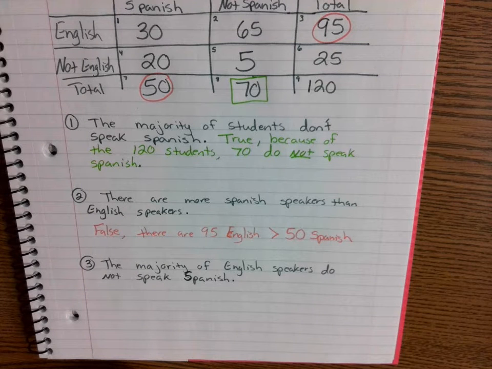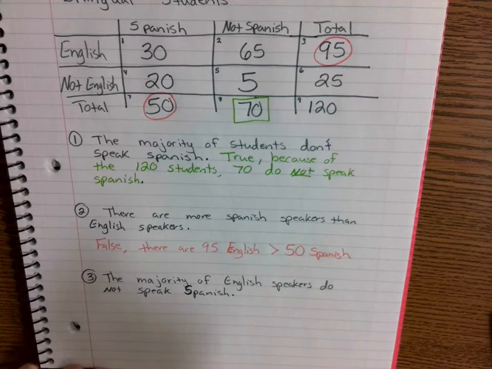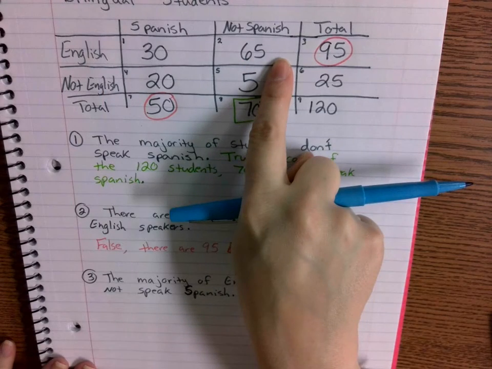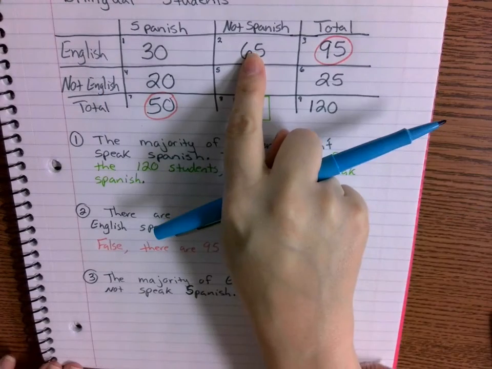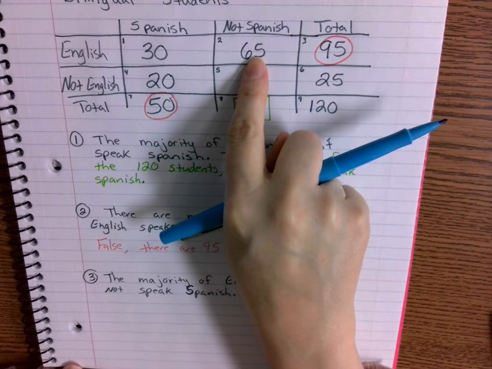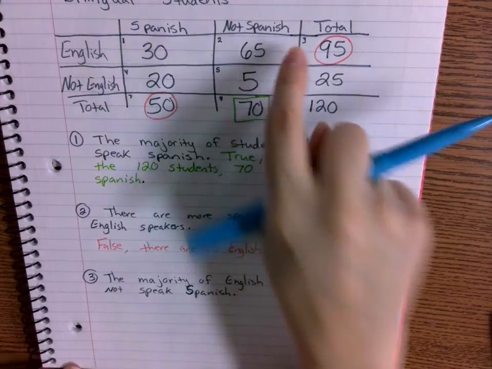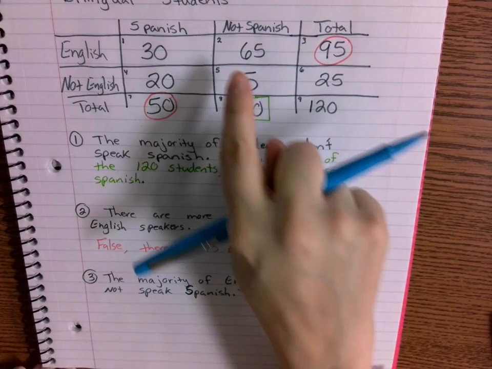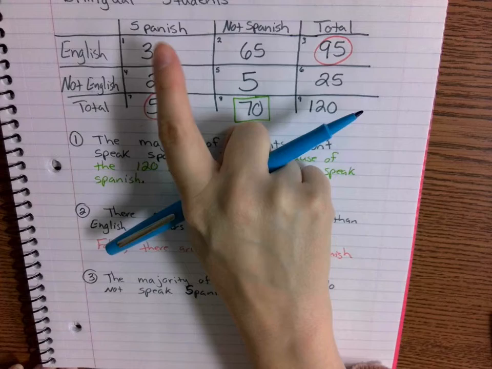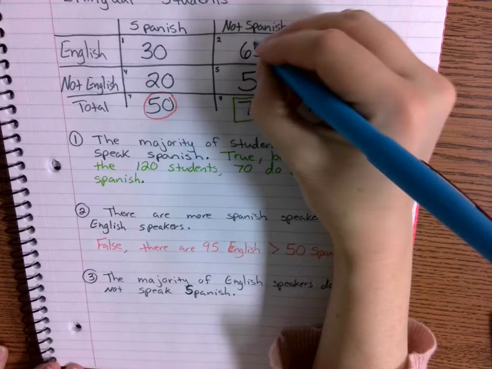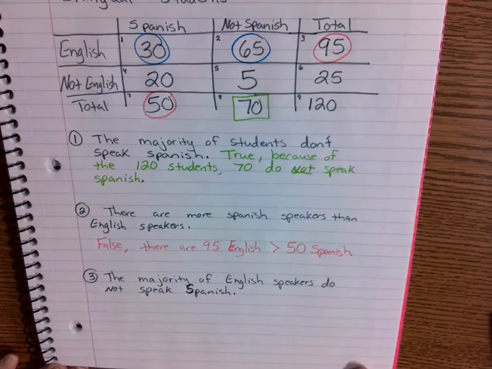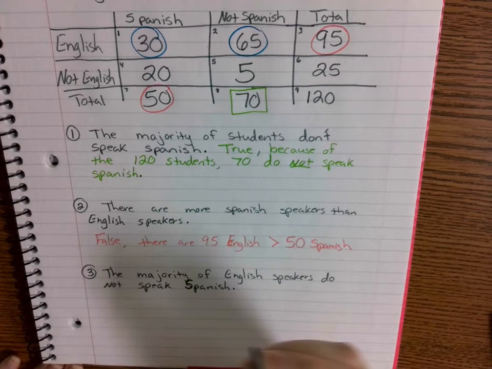True. It is true. Why? What numbers are we looking at? 65 and 30. Okay, so we're comparing for our English speakers. We have 65 non-Spanish speakers compared to the 30 Spanish speakers in our English category. So that is larger than our Spanish and English speakers. Comparing these numbers right here. Okay, so we know that this is a true statement